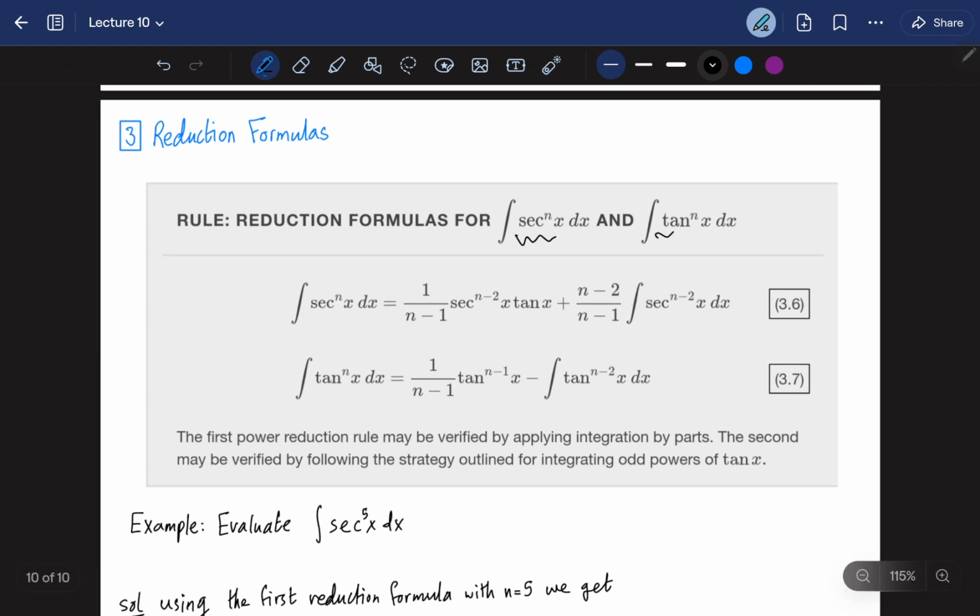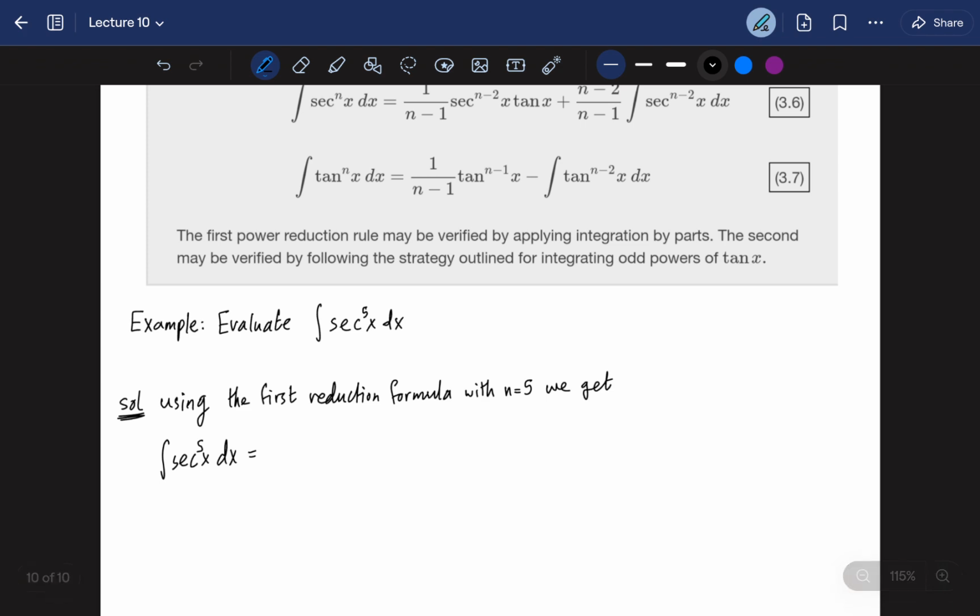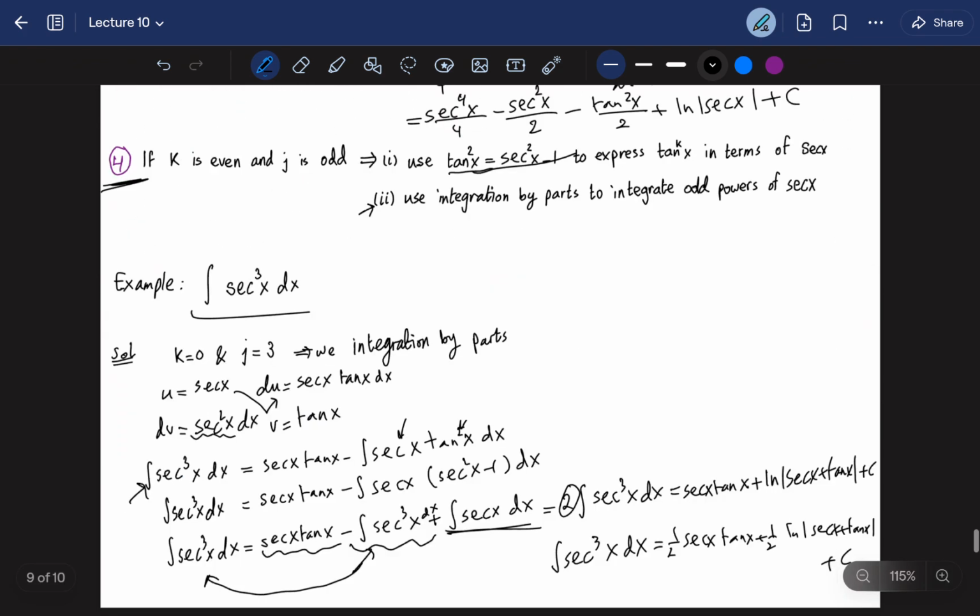And the last thing that we're going to talk about today is some reduction formulas to evaluate secant to a certain power and tan to a certain power by itself. We have these two formulas. Again, these formulas would be provided in the exam if needed. So let's try and evaluate secant to the fifth. If I try to apply this method, strategy 4,